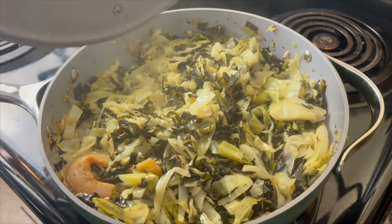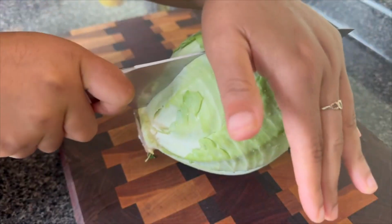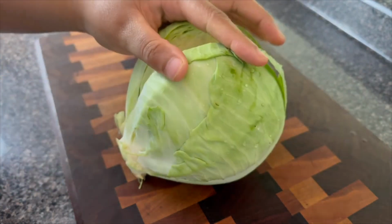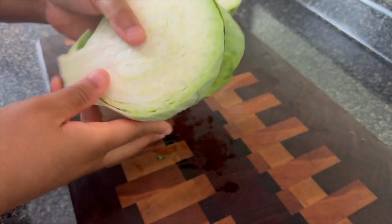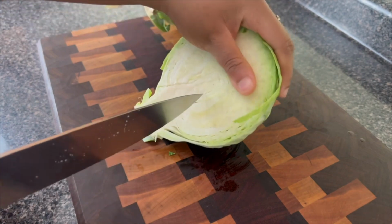Kale and cabbage really mix together to form a delicious southern side dish. So I'm going to show you how you can cook them together, and they're going to be tender and delicious and super flavorful. So first, I'm starting out with a small cabbage because I'm not cooking so much today, and